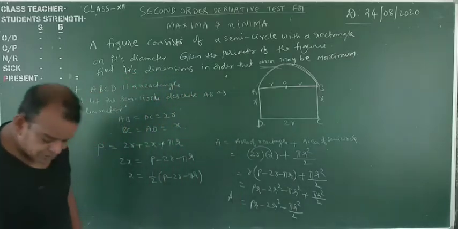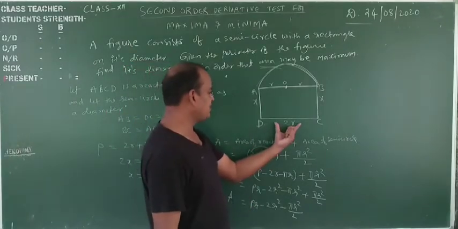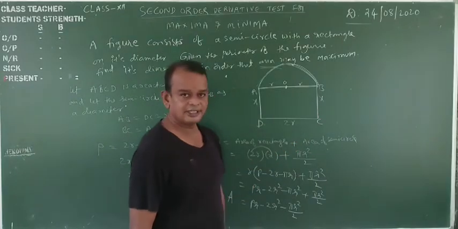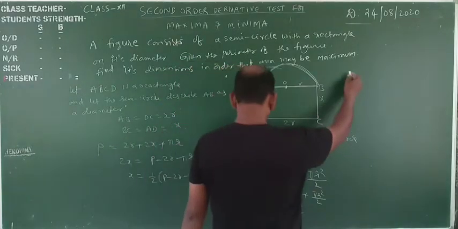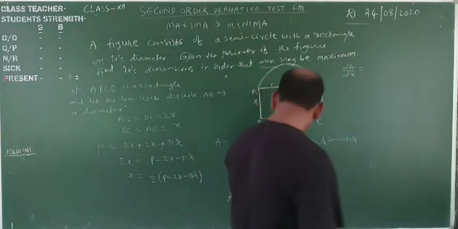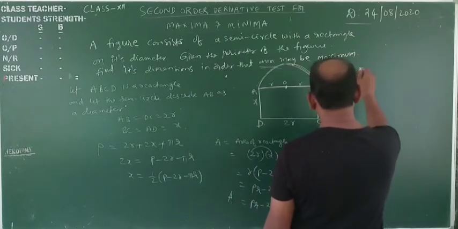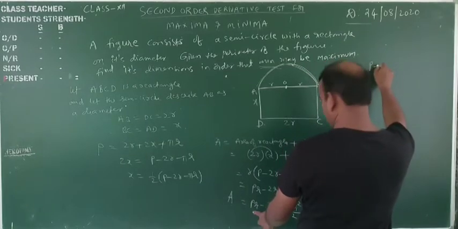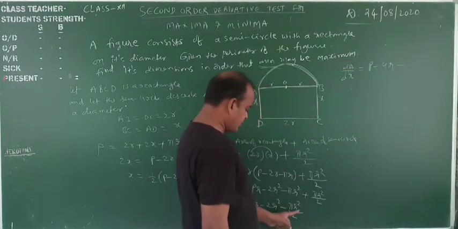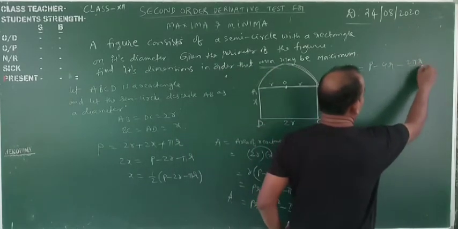Now differentiate how many times? 2 times. Now find the dimensions, meaning you will find the length and breadth, 2r and x. Now here dA by dx, what happened, my dear students? dA by dr, total in terms of r is there. dA by dr equals P, derivative of 2r square is 4r, minus derivative of pi r square by 2, which is 2 pi r by 2, the 2 cancels.